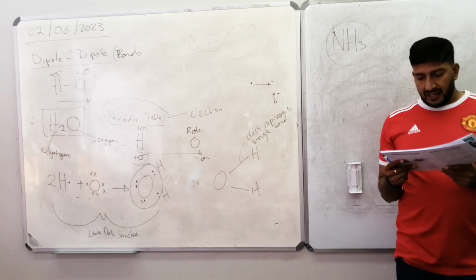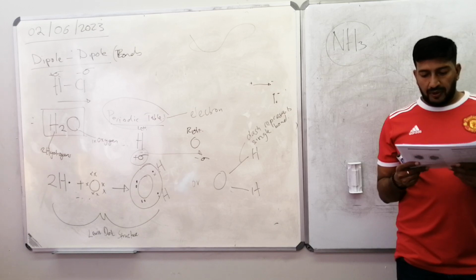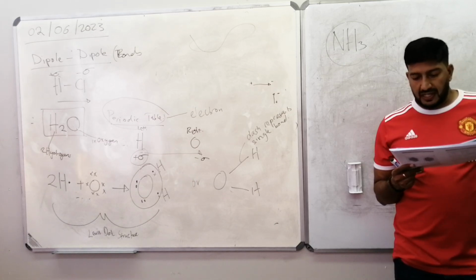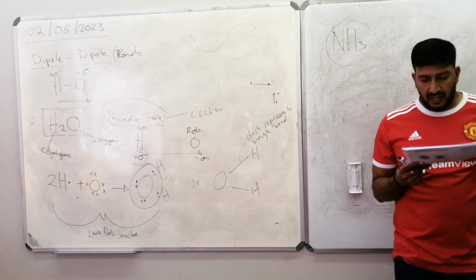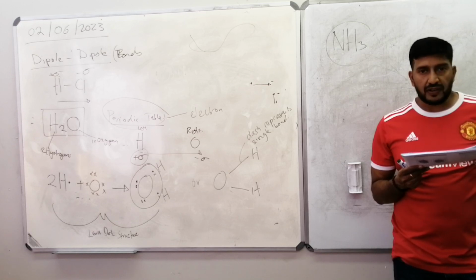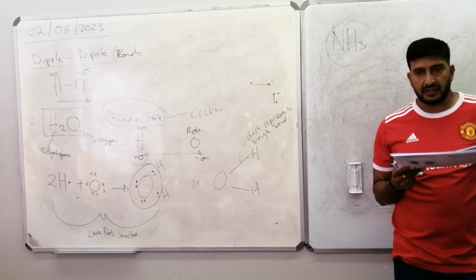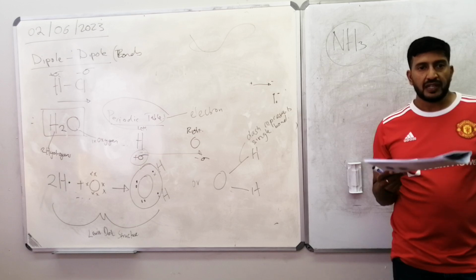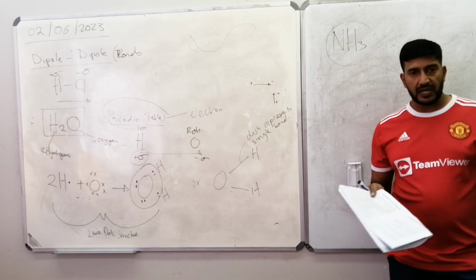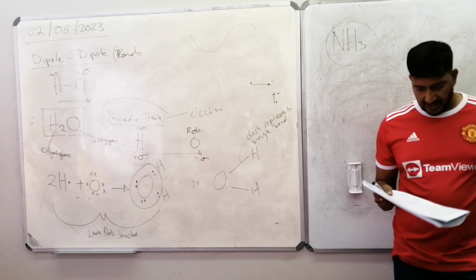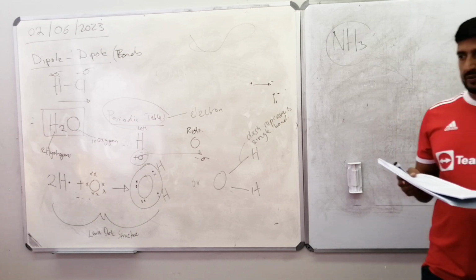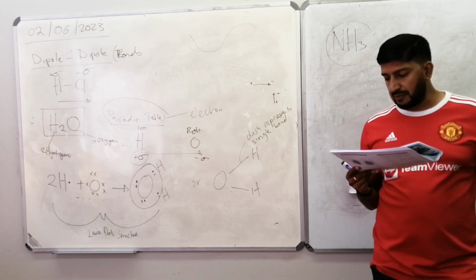Alright, so let's look at the bonds there. Remember, there are 3 valence electrons there, and 3 valence electrons coming from the 3 hydrogens. So we get 3 bonds being formed. This one you must know, I told you guys why. The triple one there. So it forms 3 bonds.